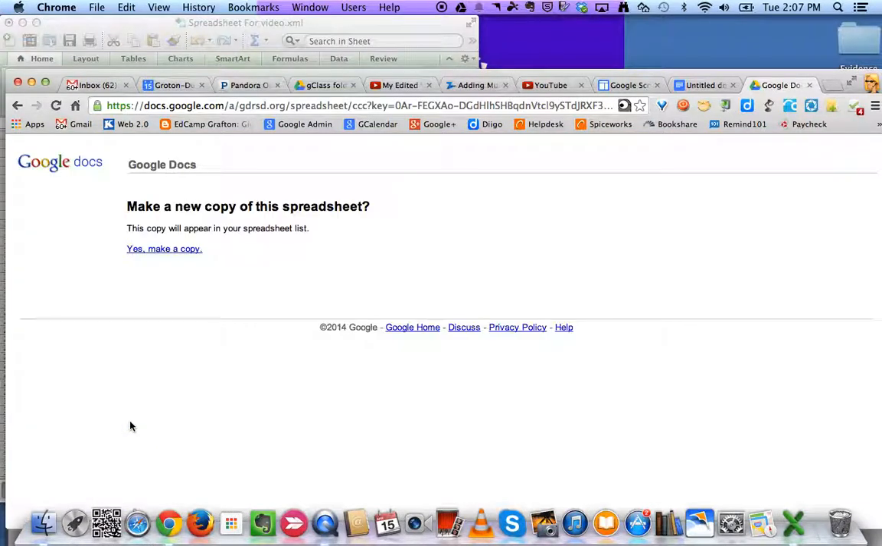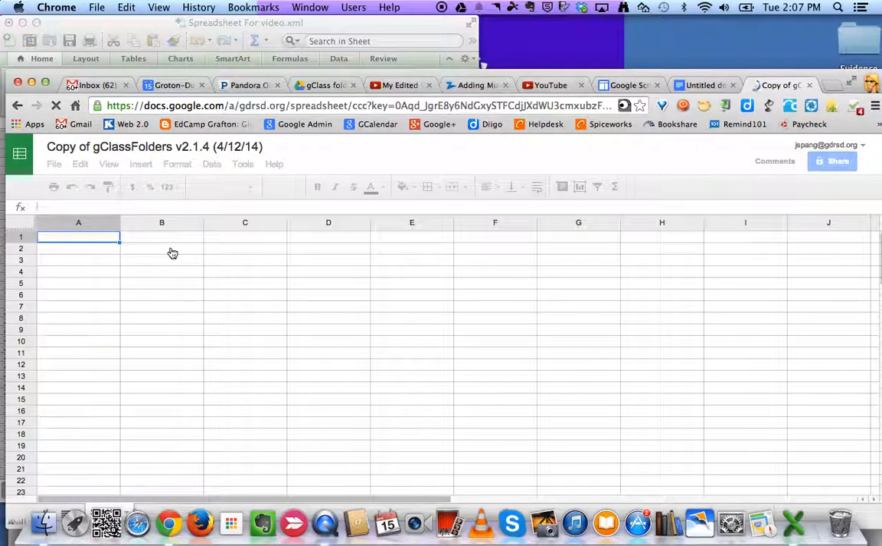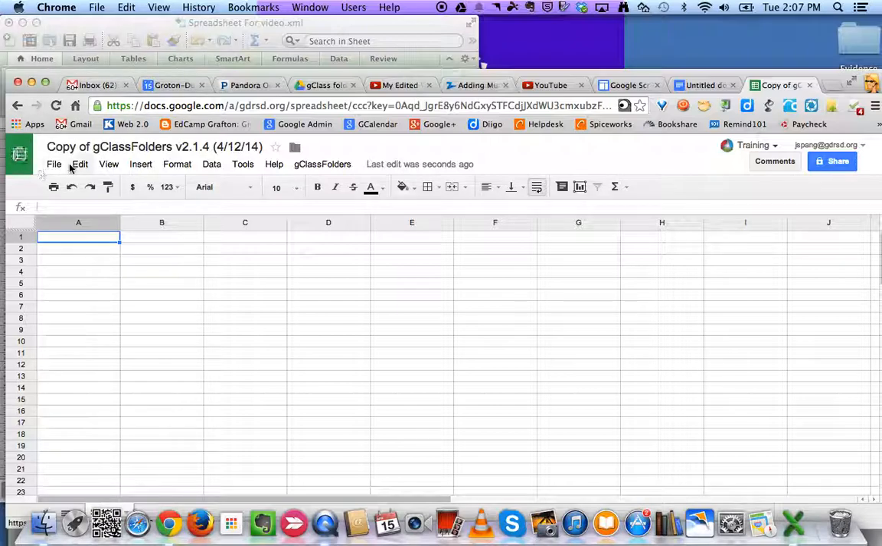When you click on that link, you'll be brought to this page, and you're going to click on yes, make a copy, and then a Google spreadsheet will be created, and ultimately you'll see that it has the normal Google spreadsheet menus, but there's an added menu option of G-class folders. So we're actually going to be clicking on this G-class folder menu item 3 times for 3 different parts of